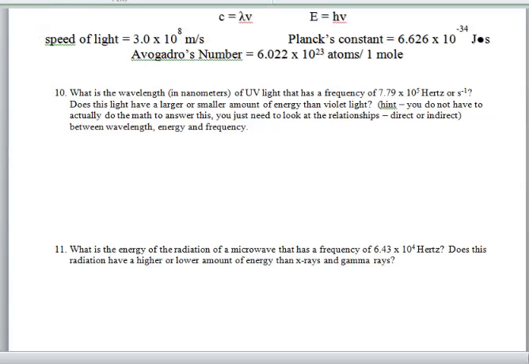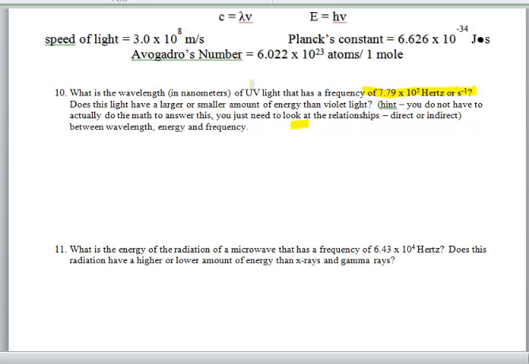Okay, I wanted to take you through the math problems for 5B. So take out your 5B study guide. We will get through the rest of it, but I did want to take you through the math problems for those just for today. All right, so for number 10, we've started off with a frequency of 7.79 times 10 to the 5th hertz,